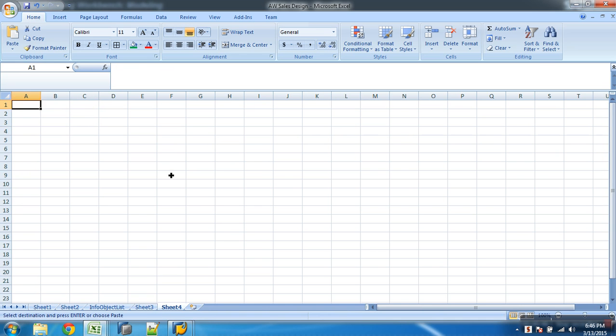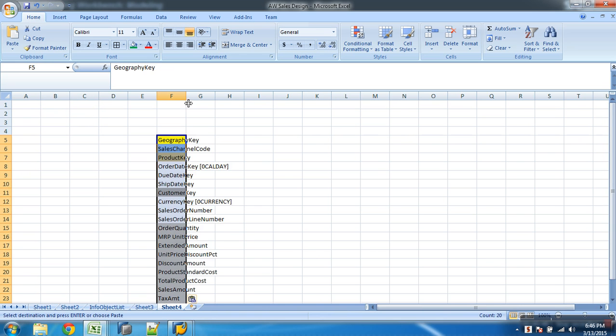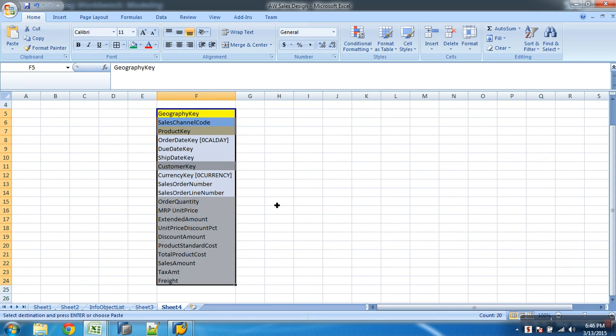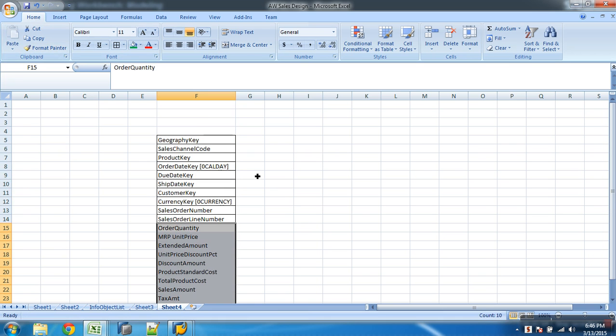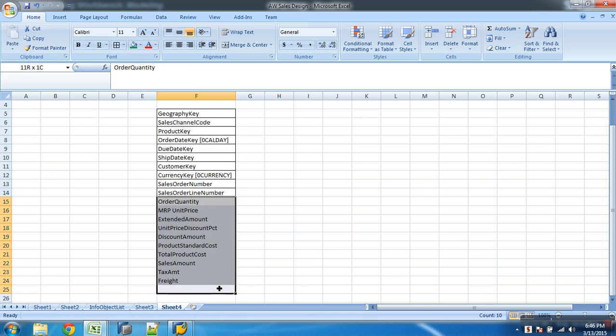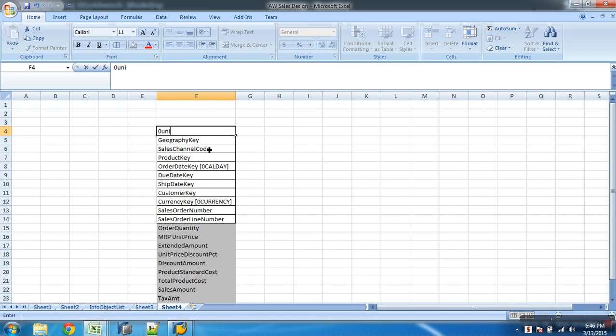So should I design my cube first? When you say design, these are your characteristics, and all this will be your what? Key figures. So I need to build my cube with these set of characteristics in it, and with these set of key figures. I know these key figures are using this quantity which is using 0 unit, so 0 unit also will come in. So even that is also a characteristic. 0 unit.